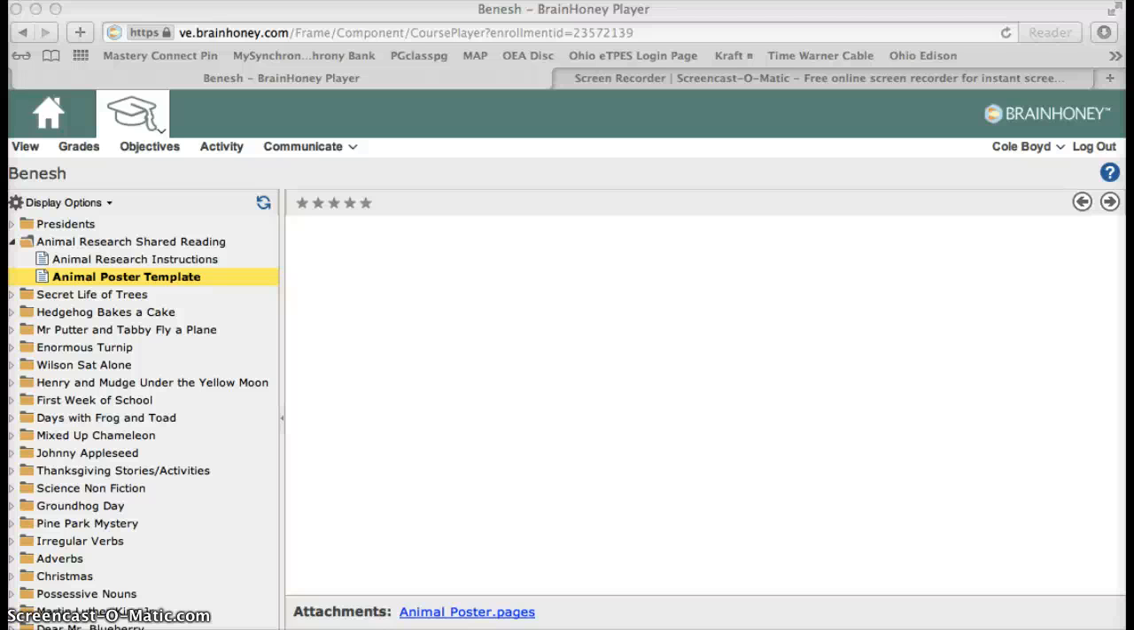After you have finished the summary page and the packet for your animal research, then you're ready to move on to the animal poster. So you're going to go back into Brain Honey and click on Benish, and then come over here and click on the Animal Research Shared Reading folder, and down here you'll see the link for Animal Poster Template. When you click on that, you're going to see a blank screen here, and that's